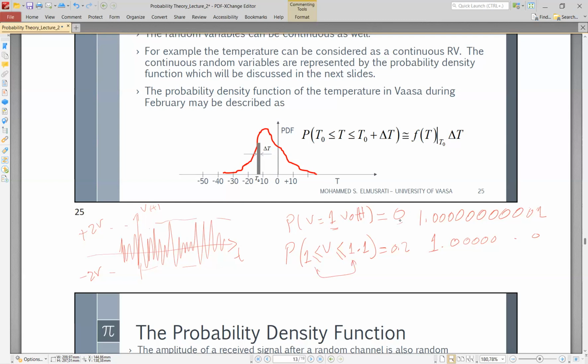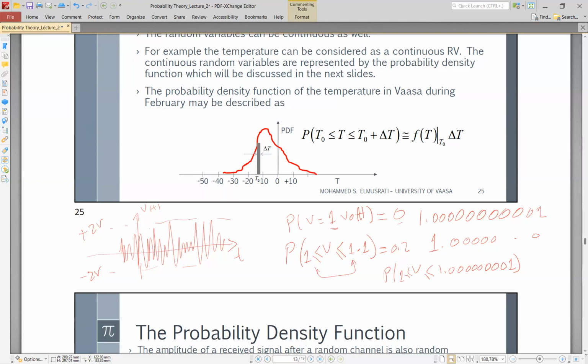Even a very small range, for example the probability that V is greater than or equal to 1 and less than or equal to 1.00000001, is not necessarily 0. It might not be 0. But when you give just a specific, single value, the probability of any single value in a continuous random variable is equal to 0. Okay, so in that case, we can deal